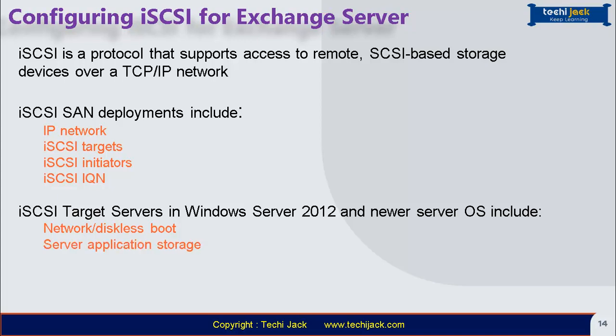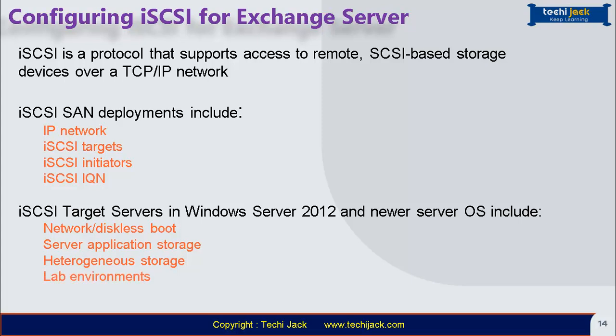Server application storage. Some applications such as Hyper-V and Exchange Server require block storage, and the iSCSI target server can provide these applications with continuously available block storage. Because the storage is remotely accessible, it can also combine block storage for central or branch office locations. Heterogeneous storage. iSCSI target servers support iSCSI initiators that are not Windows based, so you can share storage on Windows Server in a mixed environment.